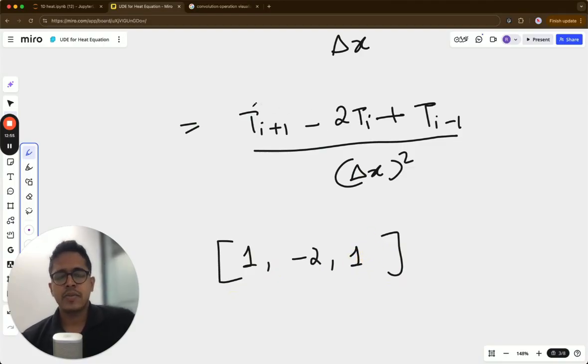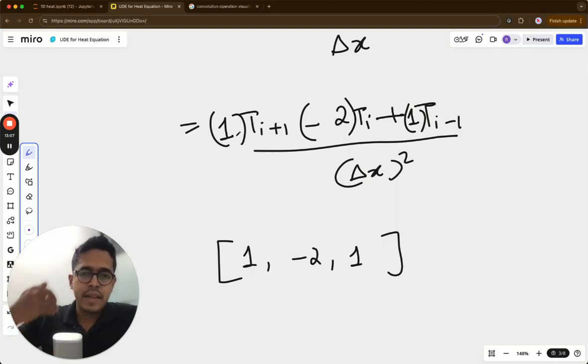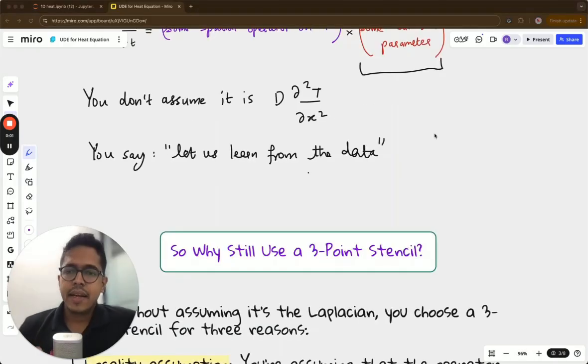Because ti plus 1 is multiplied by 1, ti is multiplied by minus 2, and ti minus 1 is multiplied by 1. So it's like a stencil. This is like a stencil operation numerically with 3 weights of 1, comma, minus 2, comma, 1. So given that the numerical approximation for the actual Laplacian operator is like a 3-point stencil or 3-weight stencil, you